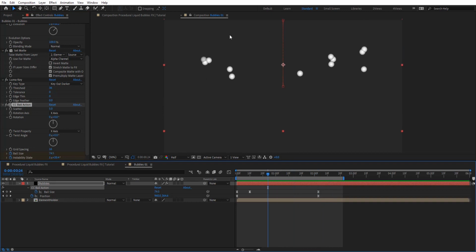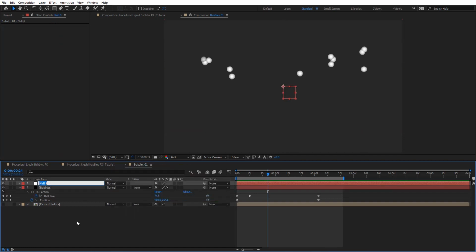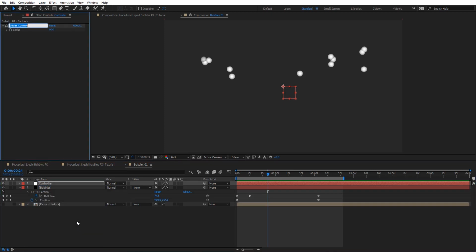So we want to create a procedural controller for this. So let's create a new null object, and let's rename it controller, and then add a slider control here. So this is going to be the number of the bubbles, and then we have seeds, and then scatter. So